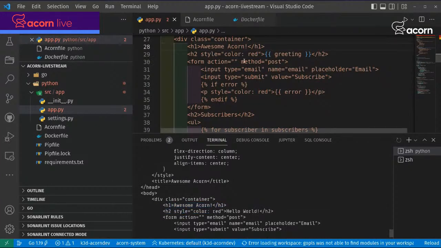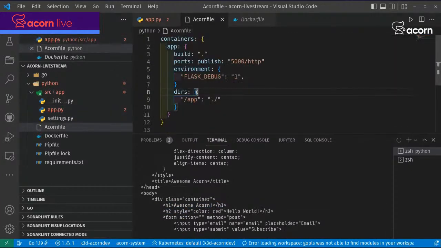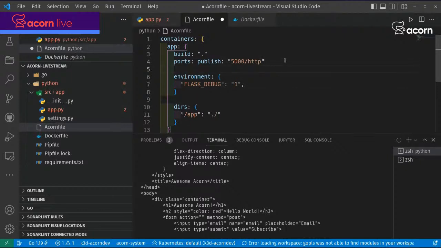So that's live changed. Now, this is super cool for development and extremely convenient, especially if you have, like in this case, a framework that supports hot reloading. But you don't want that in production, right? And you also don't want Flask debug setting in production. So let's just do this. One of the things that I told you before, the